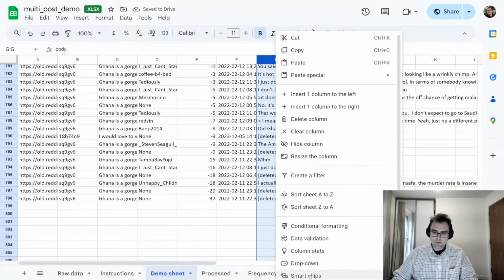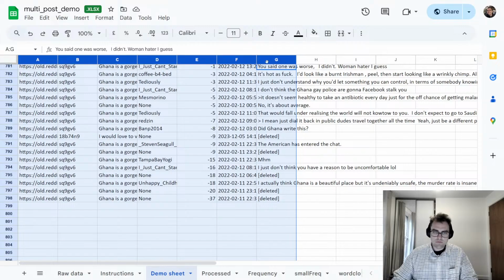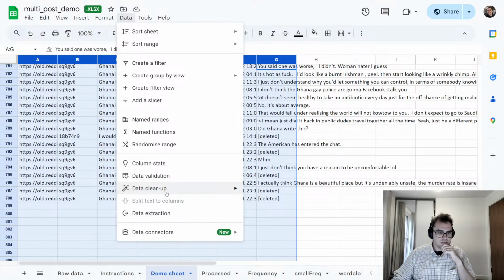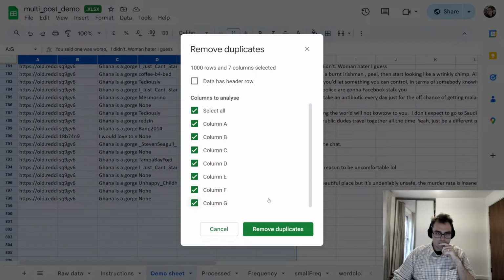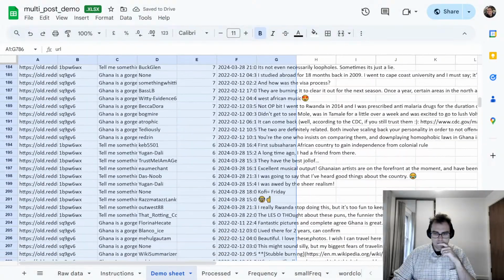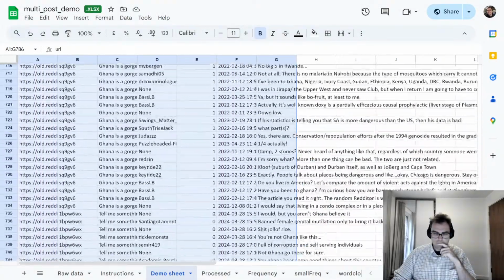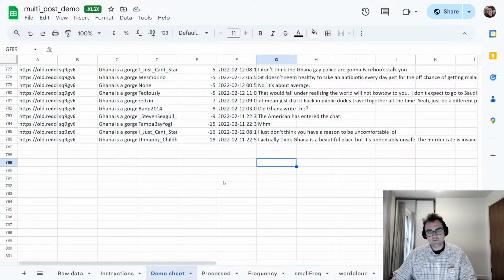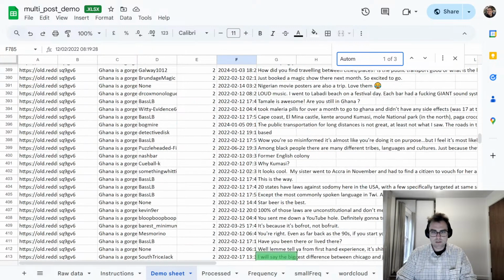So we instead want to, I guess, remove duplicates from all columns. But the only column we need to analyze is G. Does that work? Okay, yeah, so that removed them all, which means our auto mod